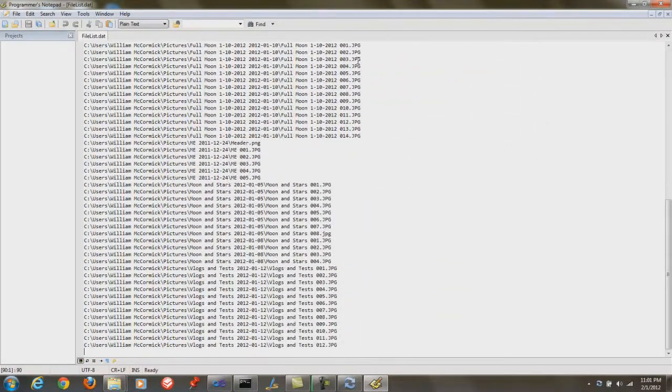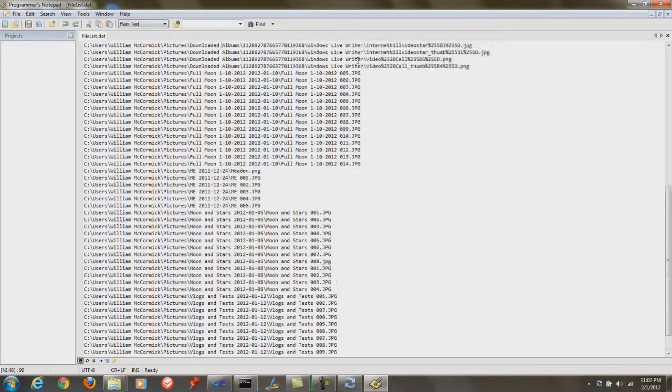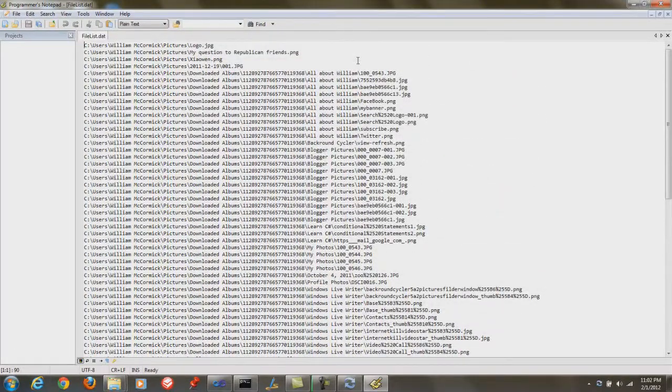I had experimented with XML, and XML was too slow after you got past just 100 images. I have a few fans of my program that are photographers, and they have well over 1,000. It would have taken them too long to load the program. This is relatively quick. Basic sanity checks. So